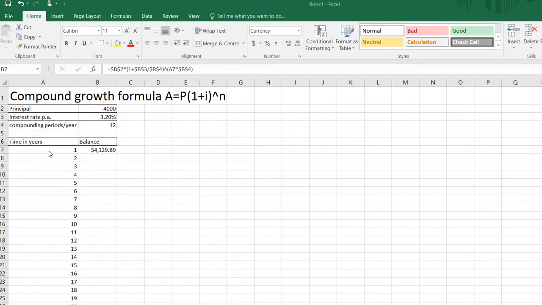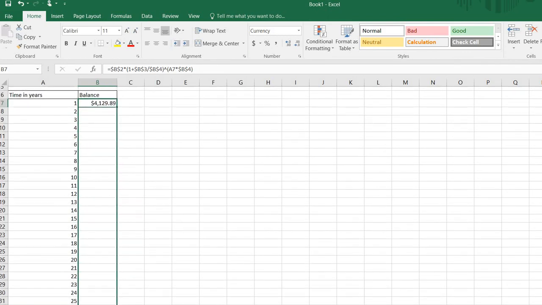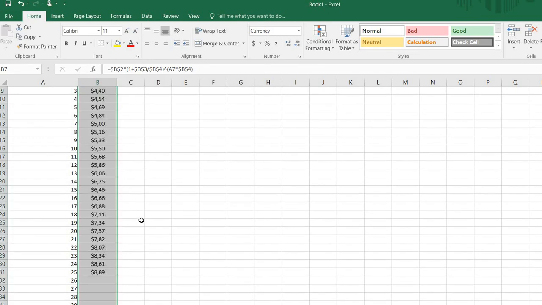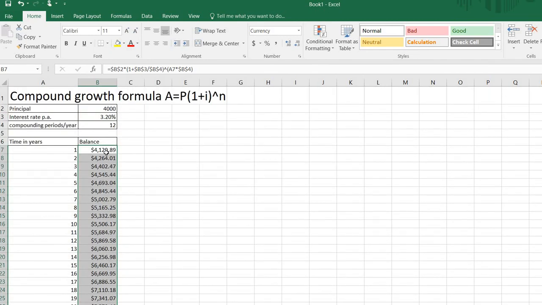Now, just like before, I used Excel to fill in my columns. I'm going to do that to copy this formula down. So I'm going to click on the cell, move my cursor into the bottom right corner, so it's the little cross, and I'm just going to drag that down. And now it's going to copy that formula all the way down and calculate my values. Remember, in my formula, I locked the information that came from here, so it always referred to those cells. The only thing I didn't lock was my time in years,